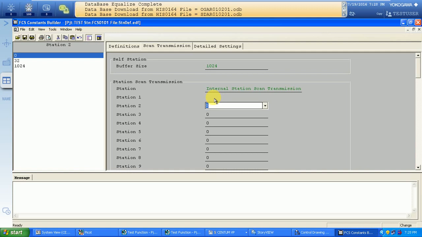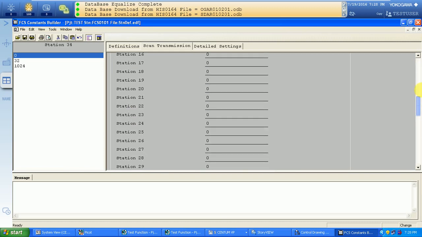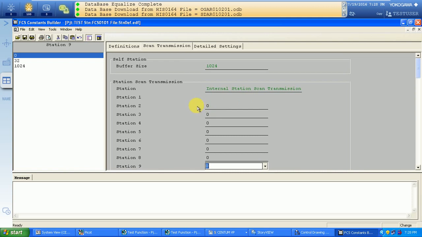This is disabled by default, but we need to communicate from the other station, so we need to use the other station configuration. If we want to configure the other station, we need to know the other station's buffer size.